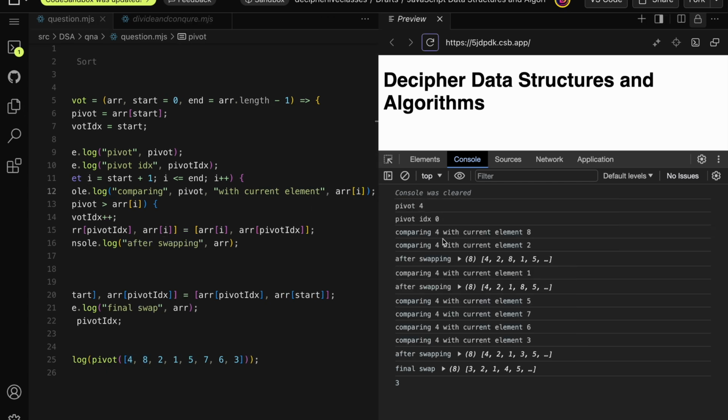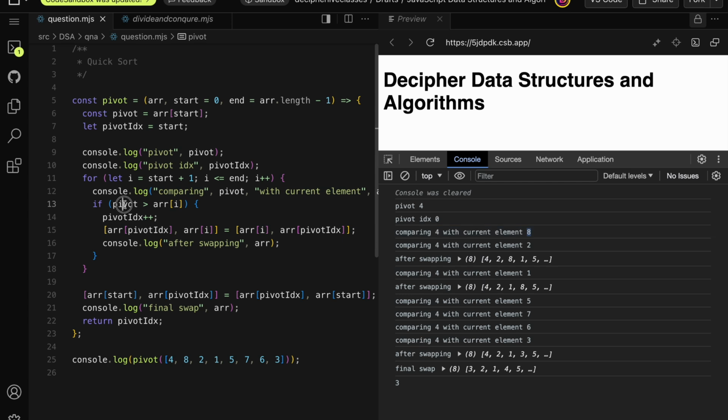Alright, so comparing 4 with 8, but 4 is not greater than 8, so we will not go inside this block, and simply move on to the next element, that is 2, right? So comparing 4 with 2, 4 is greater than 2, right? So we will go inside this block, and then we have to increase our pivot index. So the pivot index will be incremented from 0 to 1, and then we will swap the pivot index with the current